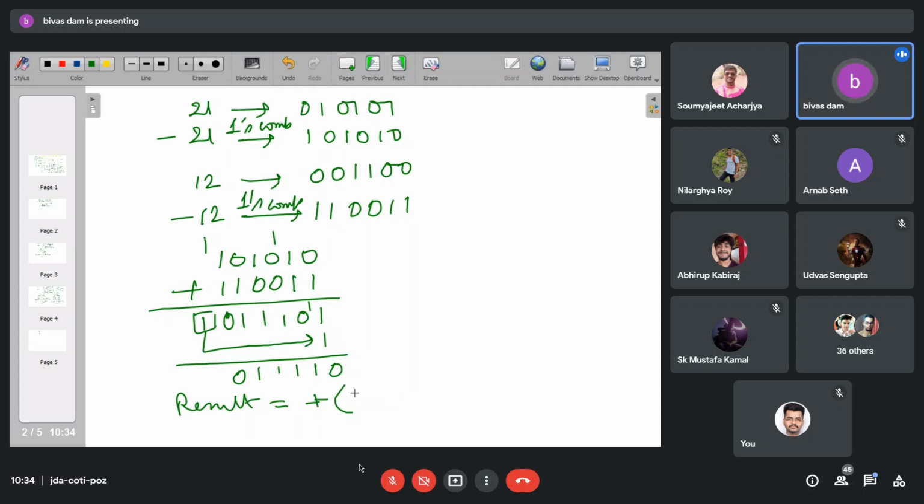What is the magnitude? 0 0. 30. Oh, sorry. No, I should write the binary pattern first. Then in the next step,